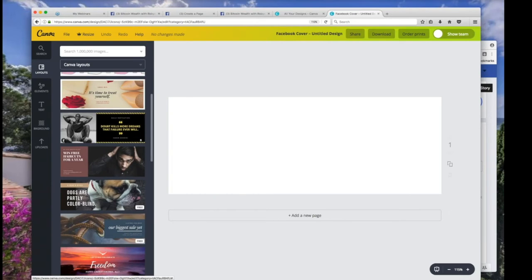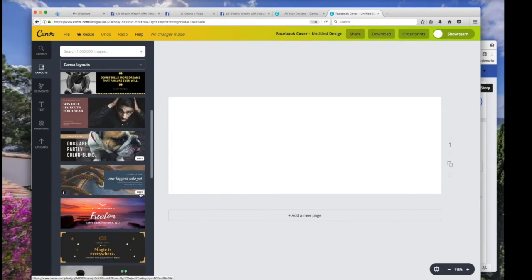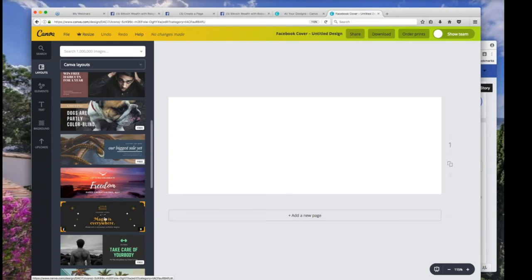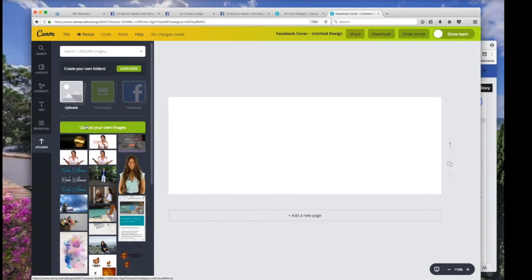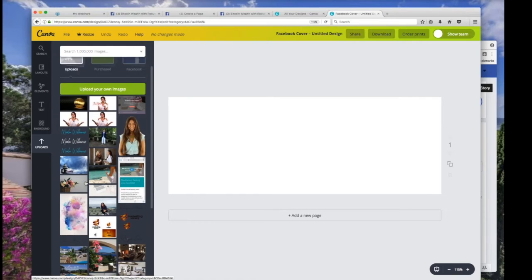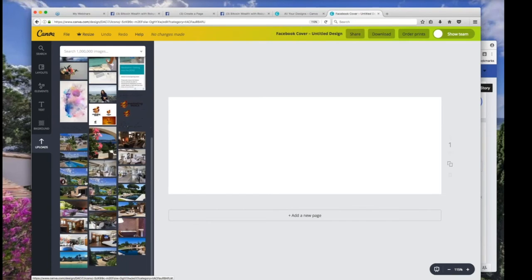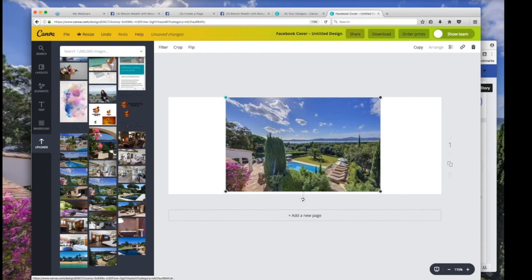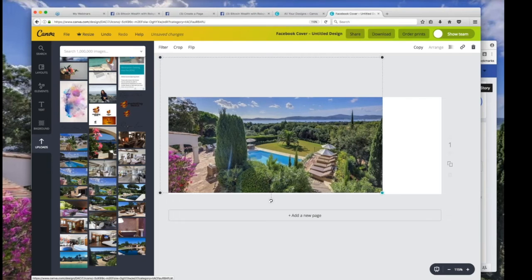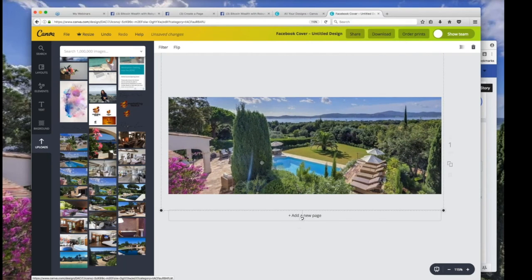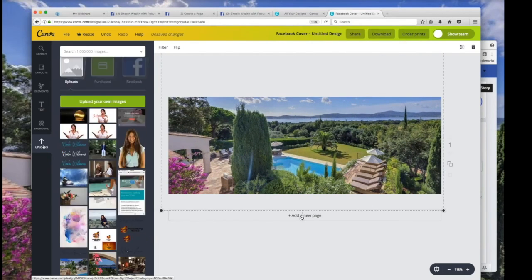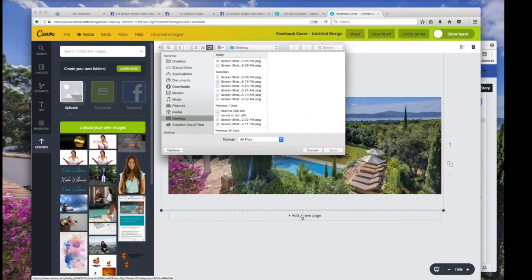There's a couple of ways to, you can see there's free designs here that you can create. What I like to do is I like to upload my own images. So for example, if you wanted to use an image like my screenshot here, and you're using this image here, the way that you would upload it is you would click on upload your own images, and then you would add from your desktop or from any external file you have, you could add